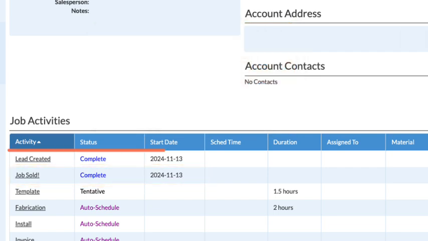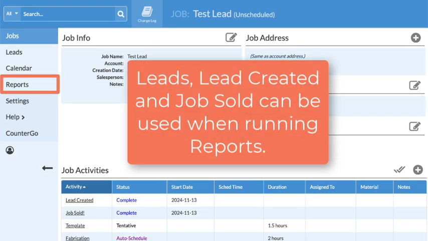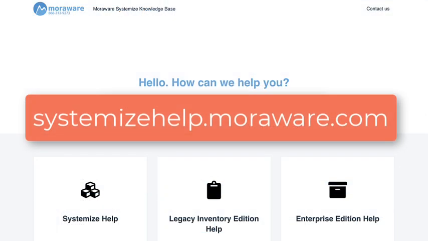Using the leads and the two new activity types, reports can be run on how many leads are converted into jobs for various durations. If you have questions, or for more on reports, check out the Systemize knowledge base, or